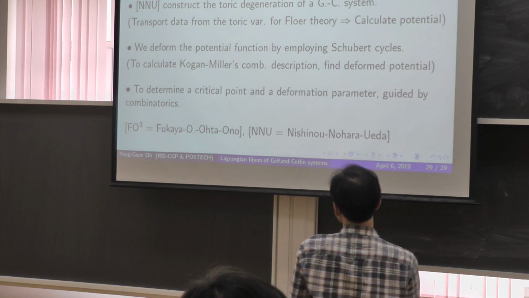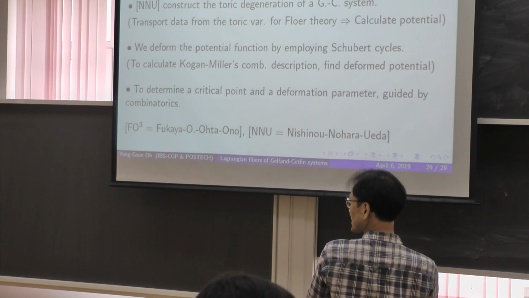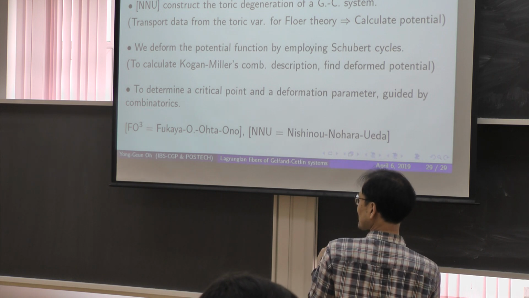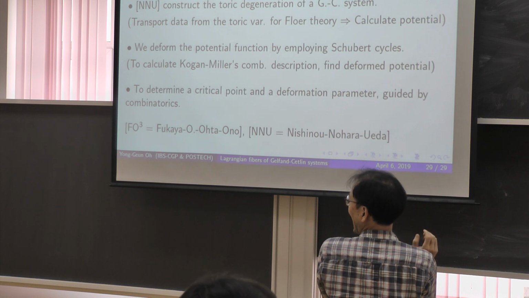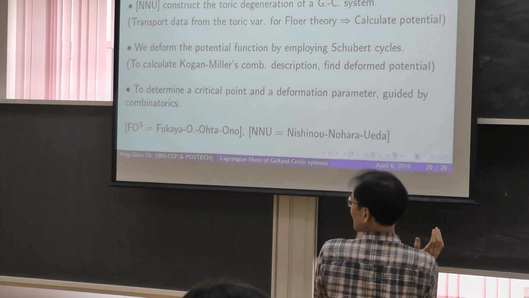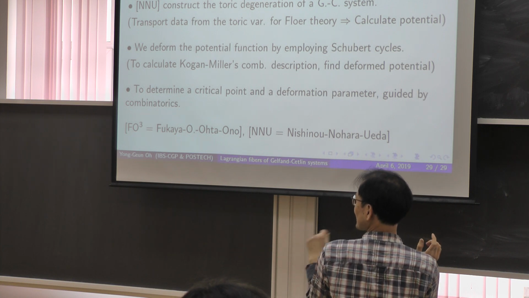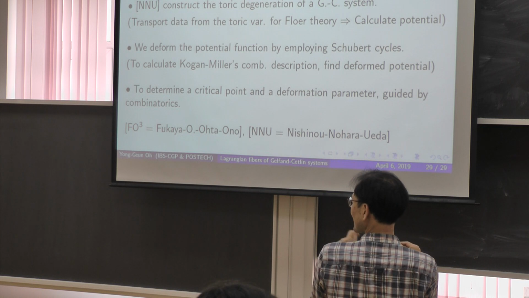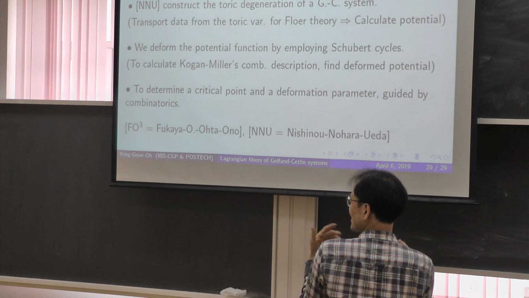By construction of this potential function, taking the derivative of this potential function corresponds to applying delta to some identity element. So if the derivative becomes 0, that means delta applied to this identity becomes 0. And out of this, you can prove the boundary map is identically 0. So that means the